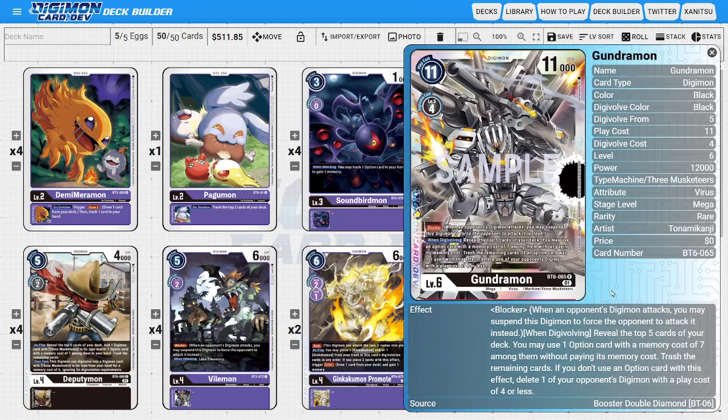But speaking of our megas, I'm going to be running 3 copies of Gudraman. So Gudraman is a black 3 Musketeer, level 6, so that's a card that we could use for Vilemon, or we could warp Deputymon into Gudraman if we so feel like it. And what's making Gudraman really good is the fact that he is also a blocker, so we do have a level 6 blocker to utilize, and then on top of that, he has a very powerful when Digivolving ability where